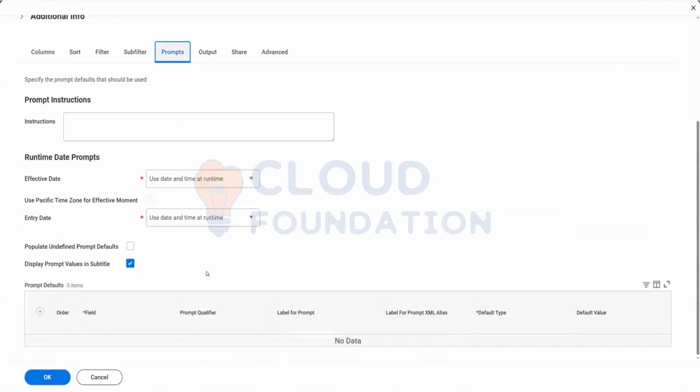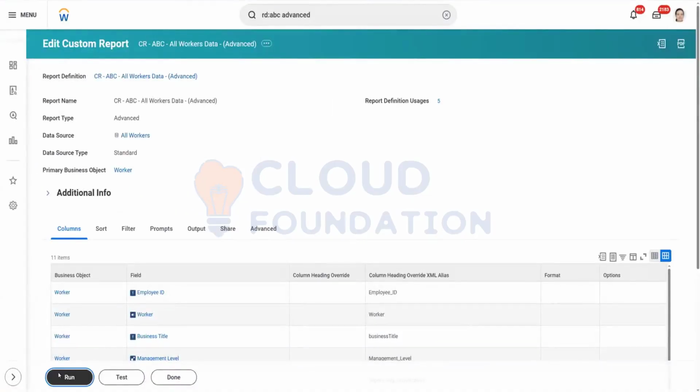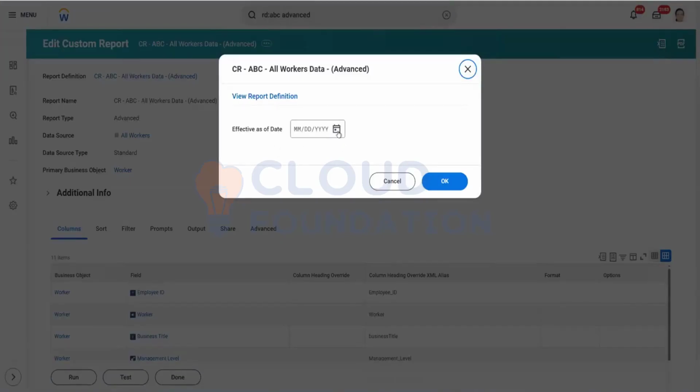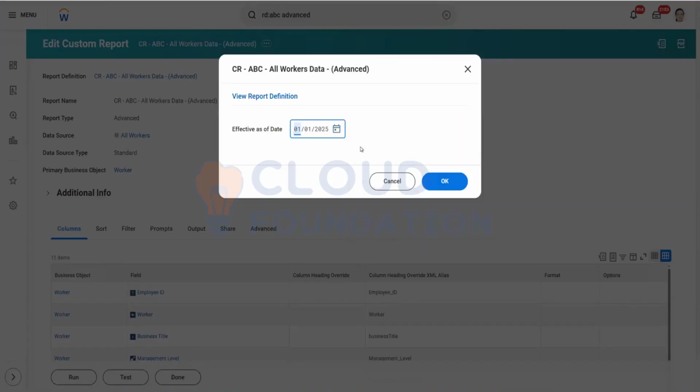Now if I configure these things, it asks for the date, till which date you wanted to run the report. You click on OK. Run this. Now it is asking for effective date. You can give as of Jan 1st, 2025, if you wanted to get all the data. You can run this,